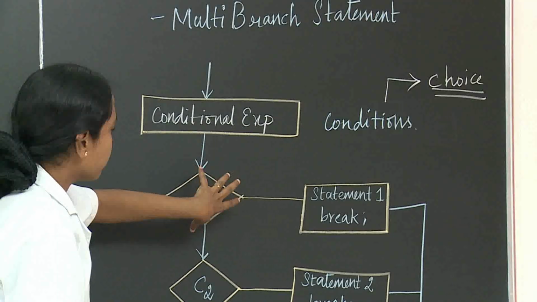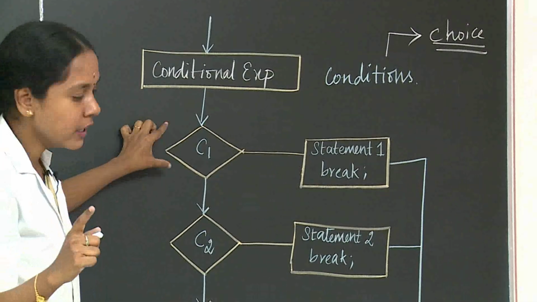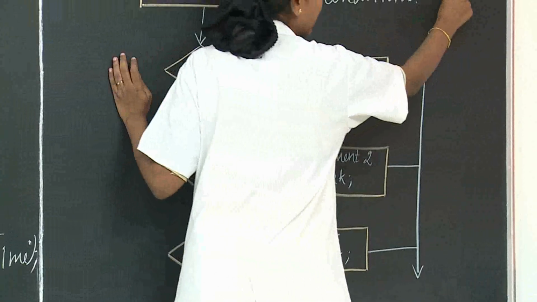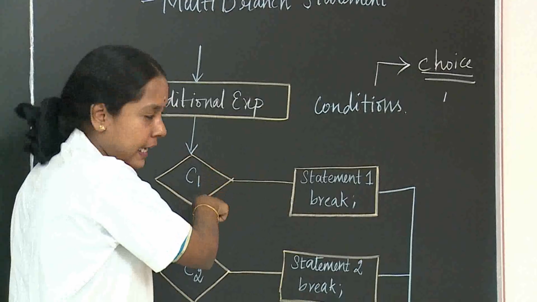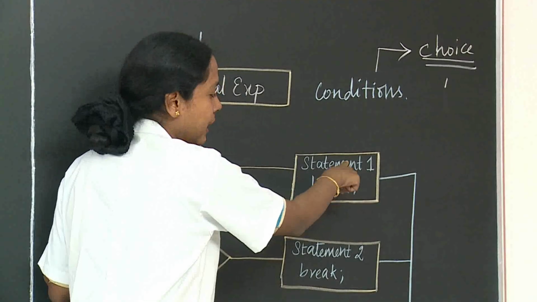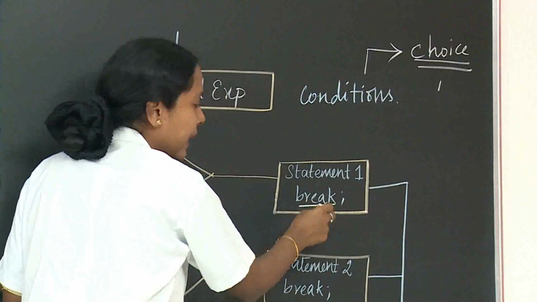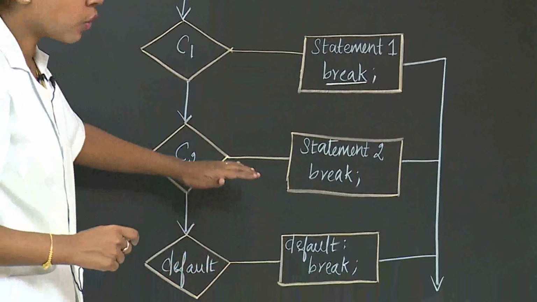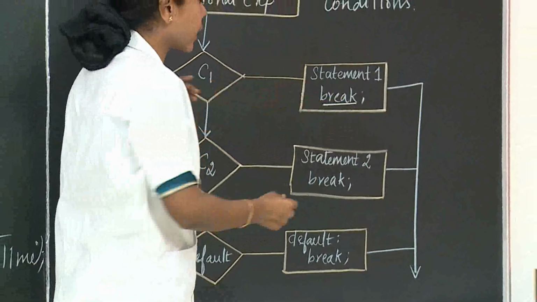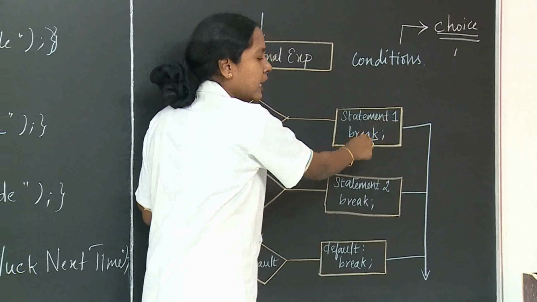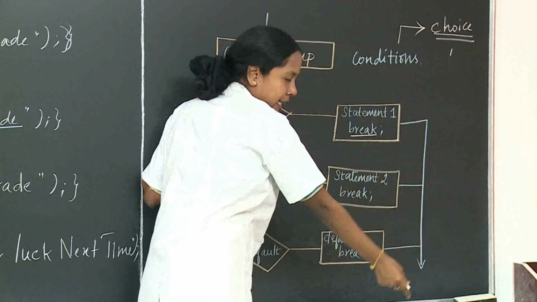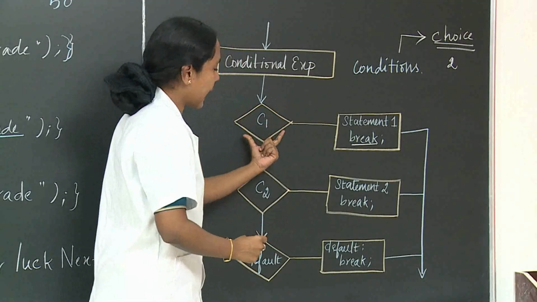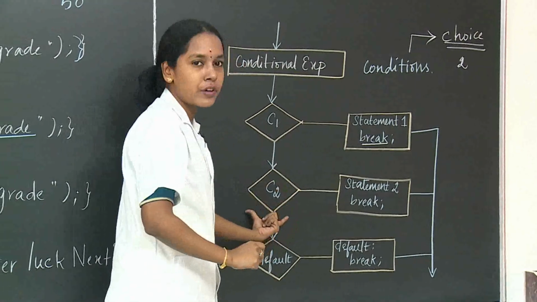If the choice matches, it will execute case 1, case 2 or the default statement. If my choice value is 1, it will execute case 1. In case 1, statement 1 will execute, and we have to declare a break statement. The purpose of break is that I don't want to execute the other cases, so I use a break here. Statement 1 will be executed and then break, so it will move to the next loop. If the choice is 2, case 1 will be ignored and case 2 will be executed.